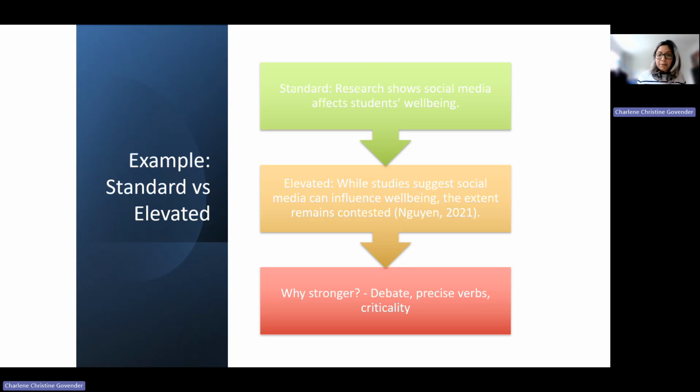We need to prop the sentence up with facts to support it. Otherwise, it's simply hearsay: I believe this, so I'm saying this. We know the importance of using evidence, and to elevate it, we will use evidence that ties into what we are trying to say. So let's look at the elevated approach: while studies suggest, and that's an interesting verb there, suggest, social media can influence well-being. And here's nuance slipping through: the extent remains contested,